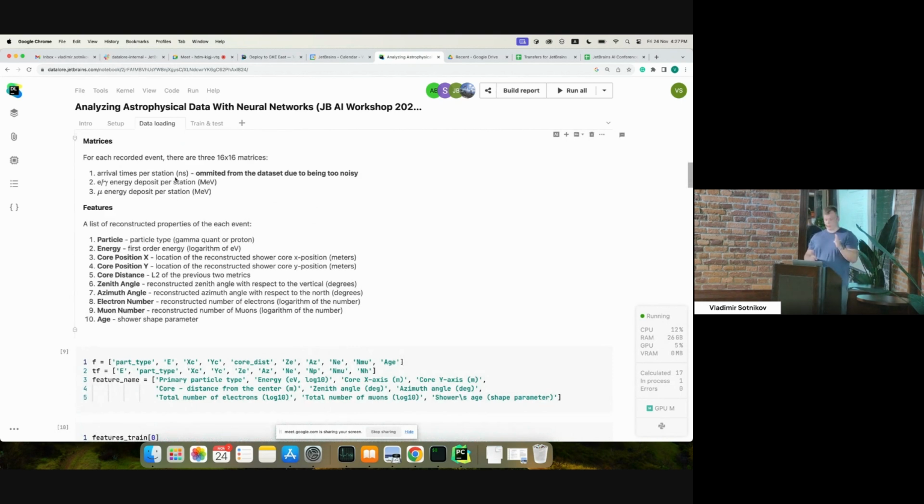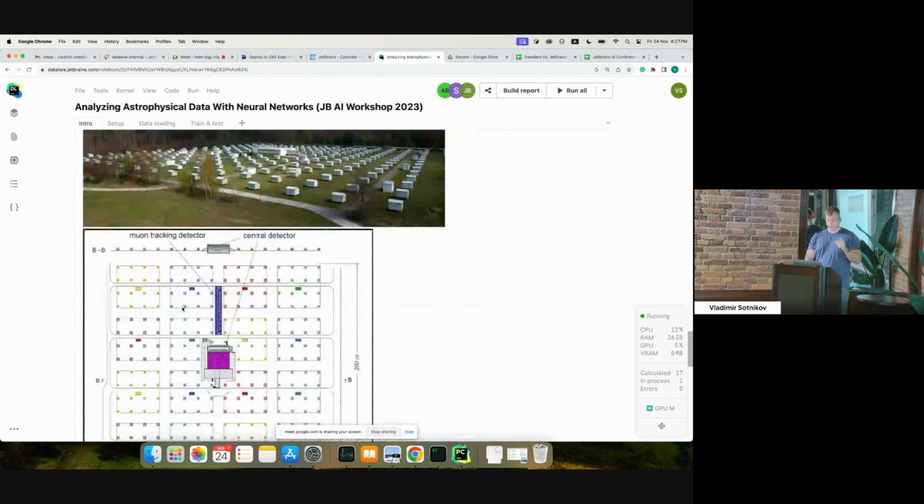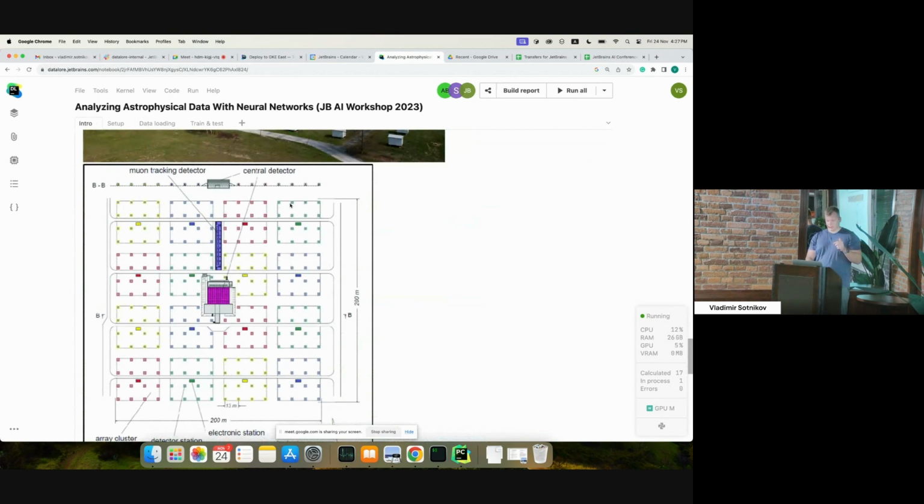So what our code does, it actually removes... Actually, we had 3 16 by 16 arrays, not just values of each. So let's return back for a moment. Here we have an array, and we have 16 by 16 dots, and for each of these dots we had 3 numbers. So the first number is the amount of electrons captured, the second one is the amount of muons captured, and the third one is the